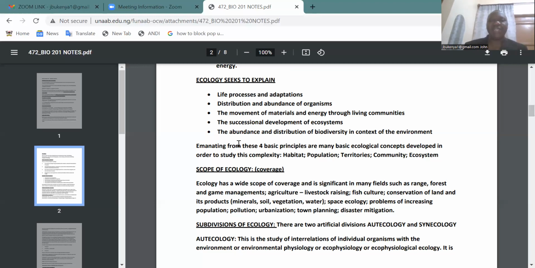Ecologists are also interested in what we call ecological succession, the successional stages of development, maybe from a bare rock where there is apparently no life, through different stages, like the stages of lichens, fungi, that form an organic matrix that attracts simple plants such as the mosses, the bryophytes, and later on the pteridophytes such as the ferns. And then succession proceeds through to stages of the herbs or the herbaceous plants,